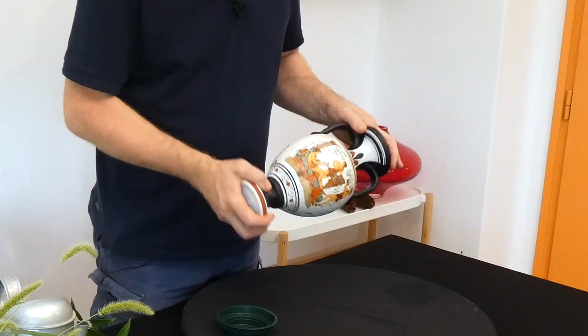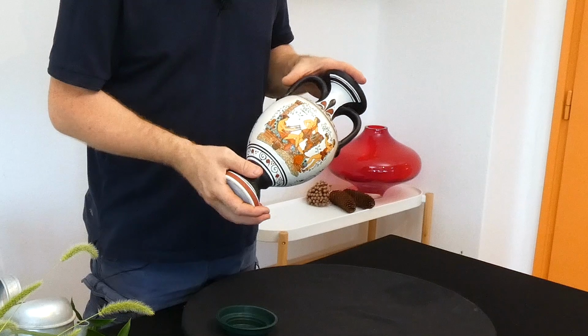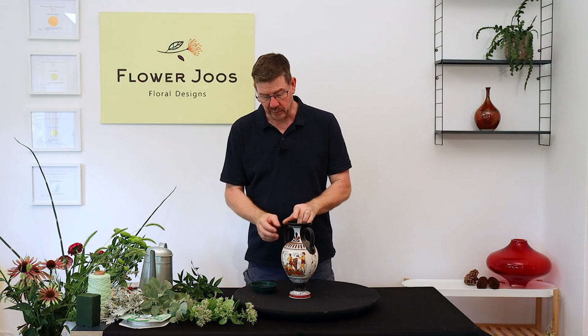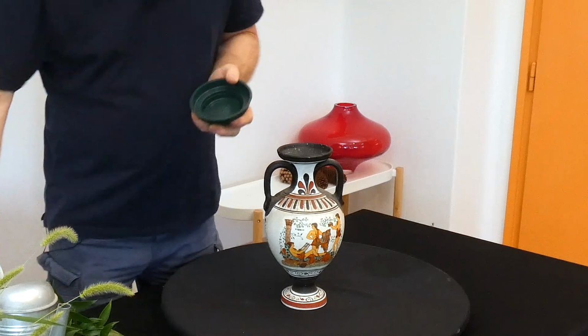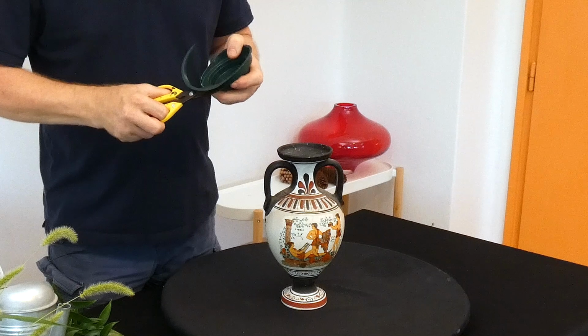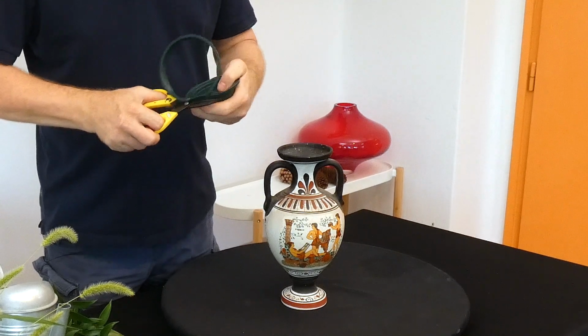Now I'm pretty sure that this is not glazed. So if I add water to it, it's just going to come out. It's going to be porous and it's going to get damaged. So what we're going to do is add a little dish up the top here. This is a little florist saucer. So what I would call an oboe is what it used to be known as, and we can add